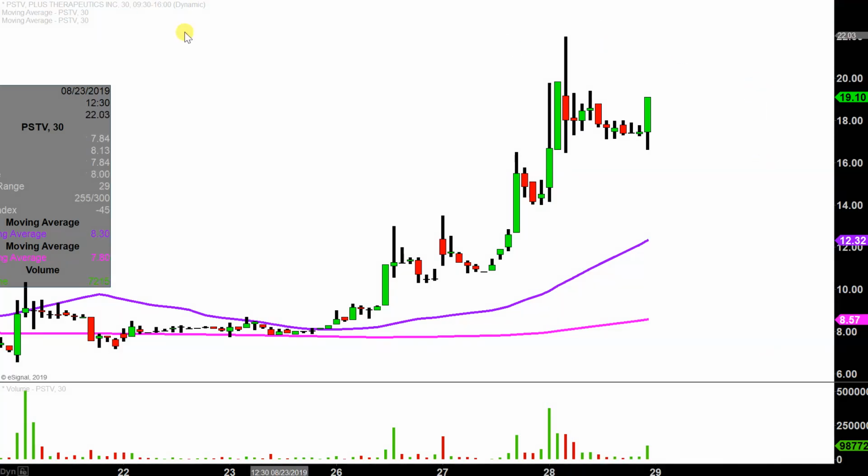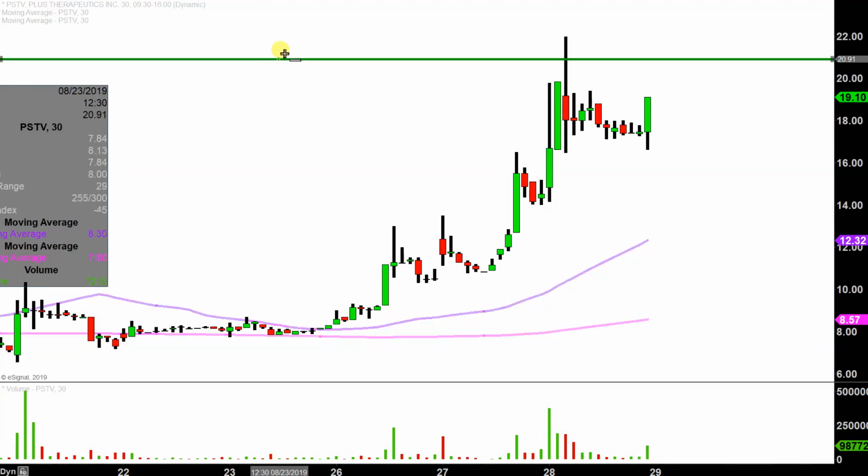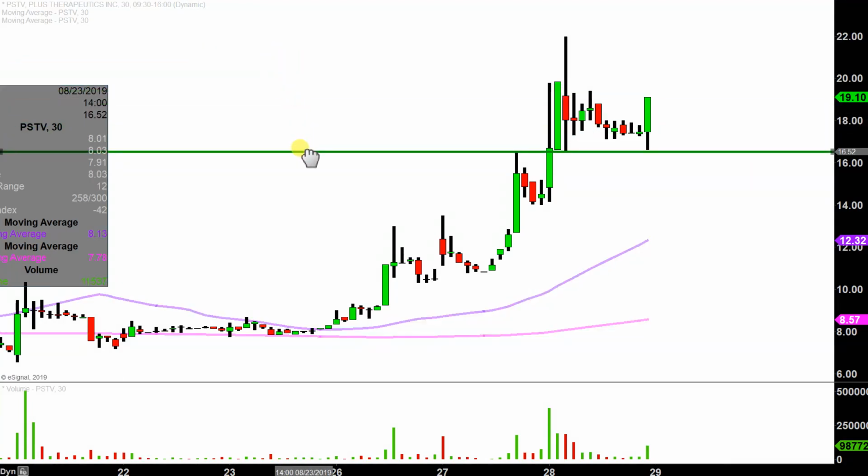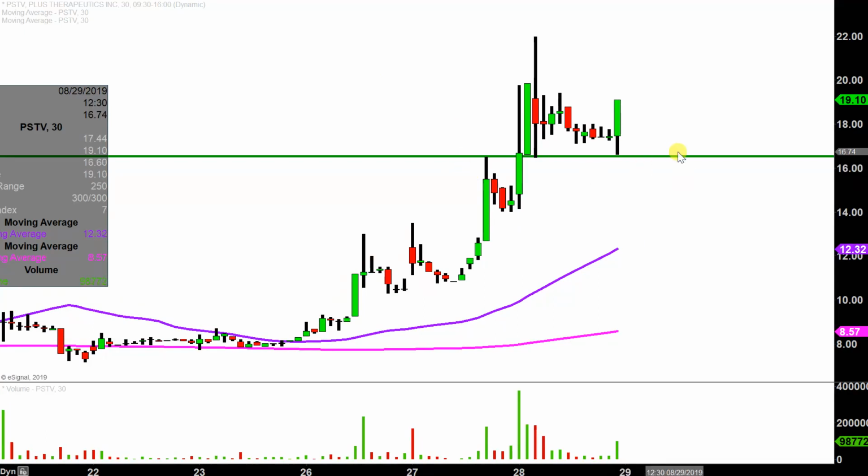So let's map out some areas of support and resistance going forward. First level of support is what I would call the ideal level. When we say, hey, Clay, what would make this chart look the absolute strongest going forward? That would be if the price can stay up there above $16.50. Now, don't get me wrong. If the price falls below $16.50, I'm not saying the entire chart is destroyed or ruined or anything like that. But preferably speaking, if the price could stay up above that level, that would definitely be a big sign